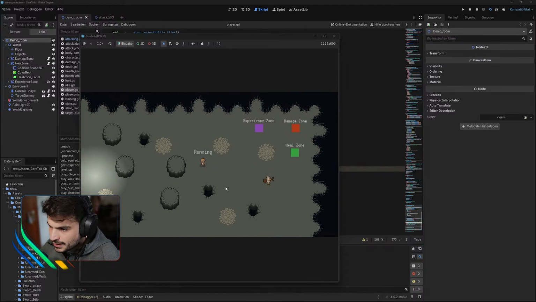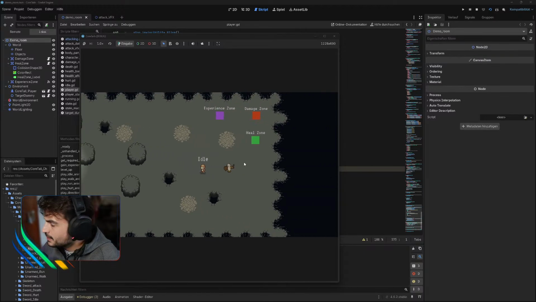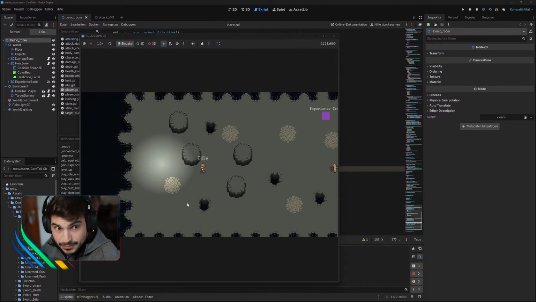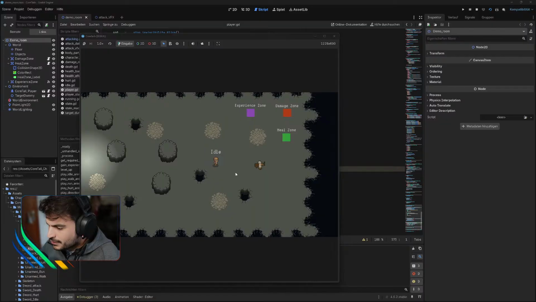I like the pixel art, right? I like to create it myself, but the problem is it takes forever. So I need to figure out a pipeline so I can get in assets real quick,